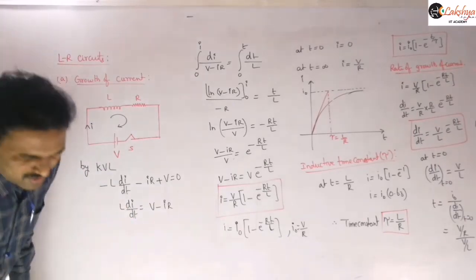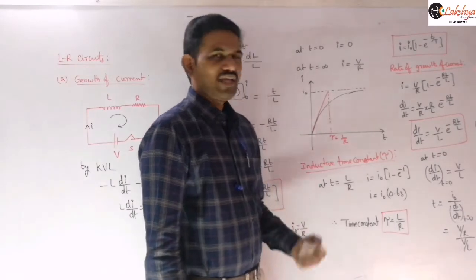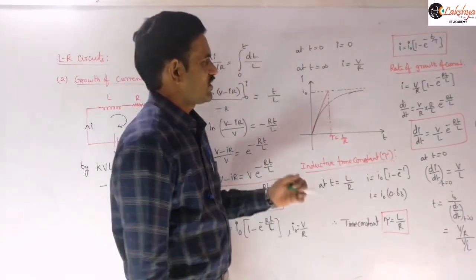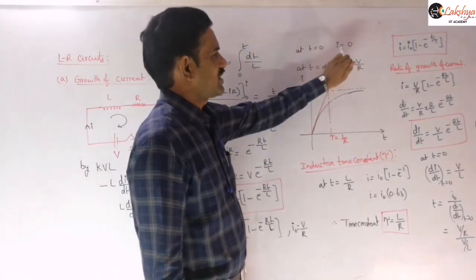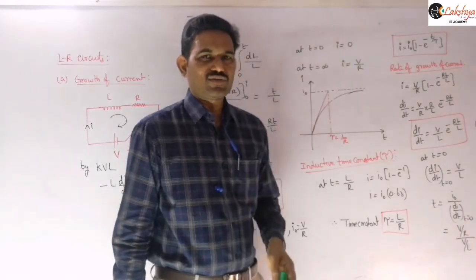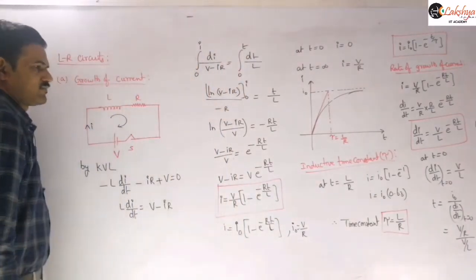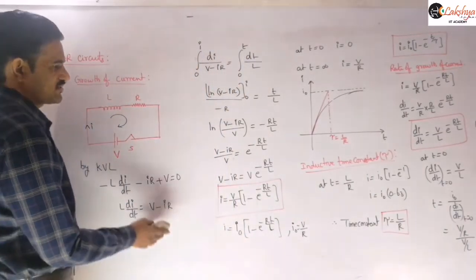And then another important thing here is the behavior of the inductor. So initially, from this I can say that the current is 0. That means the inductor does not allow this current here. So just mention that as a note here.